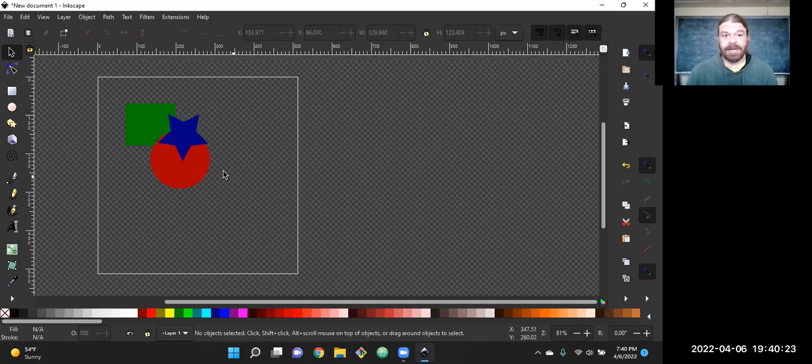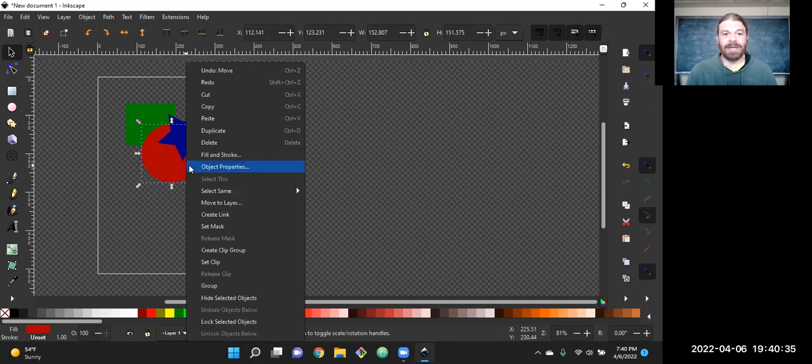The difference here, so notice I can still select each one. I can come back here and move this around. Or I can decide, okay, maybe that should be lower. So I can right click on it and